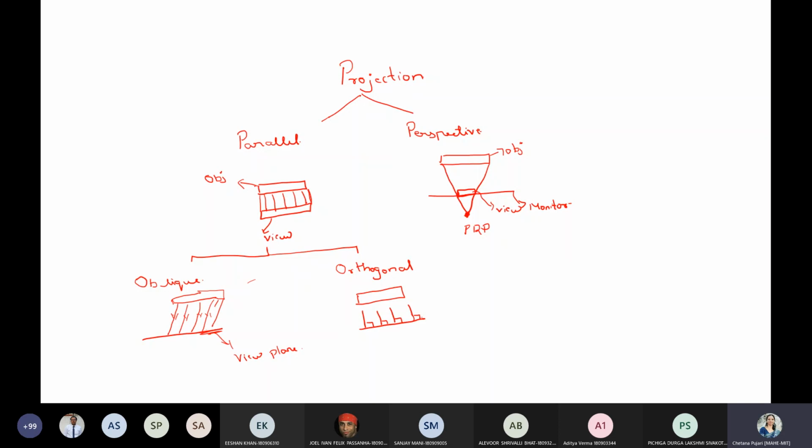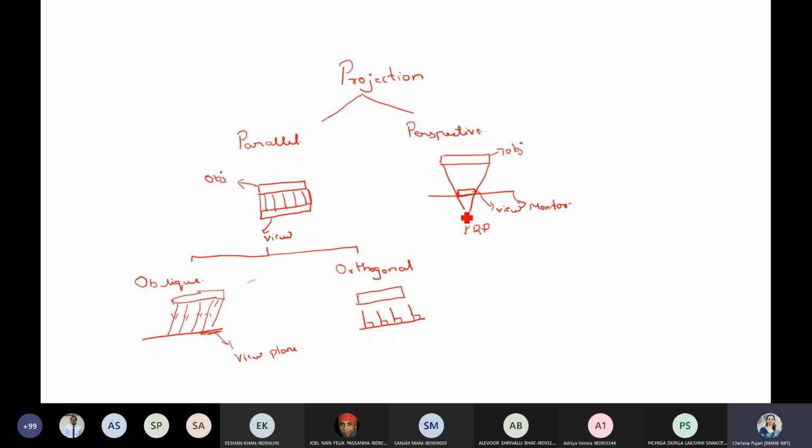Is it clear? The basic projections. We have two types, parallel and perspective. We have seen that in parallel, the lines are parallel to each other and usually the object and the view are similar, having almost the same size. In the case of perspective, whatever projection you are doing will be focused. The lines will be focused towards a specific point called the projection reference point.